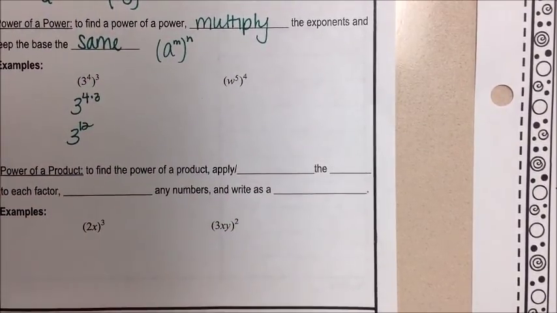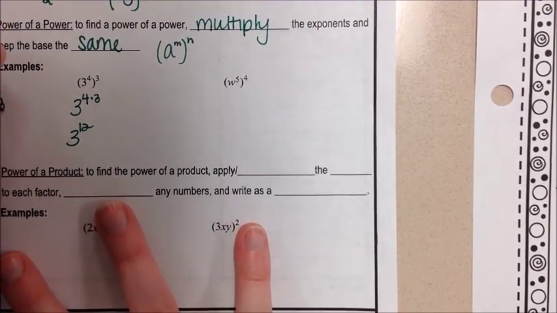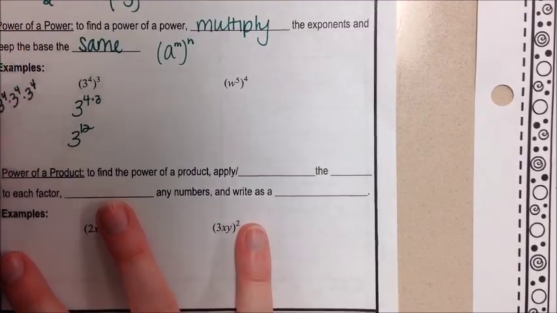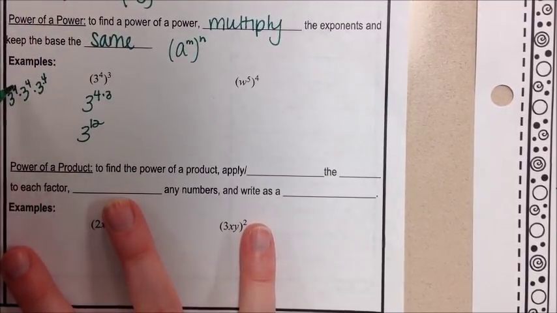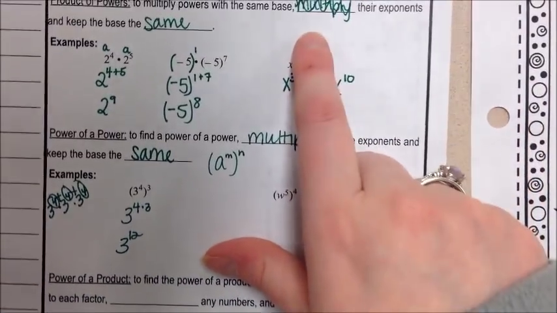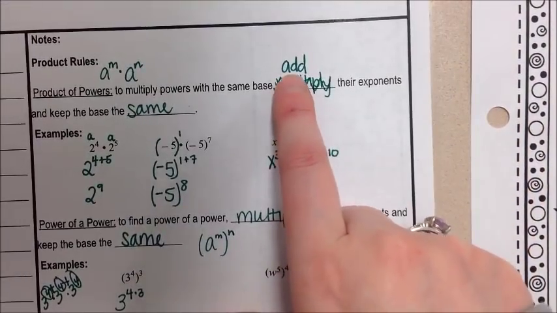Hopefully you remember this from the notes yesterday, the activity, because I have 3 to the 4th times 3 to the 4th times 3 to the 4th, and if I add 4 plus 4 plus 4, just like I could up here, we said I could add,